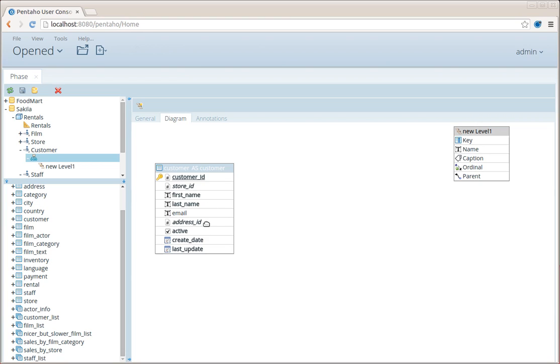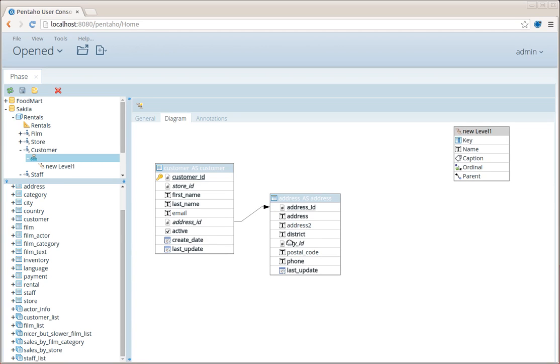So customers are located all over the world, and we want to be able to navigate across the geographical hierarchy of our customers, so from country to city to actual customers, and in order to do that we have to of course join the customer table to the address table,